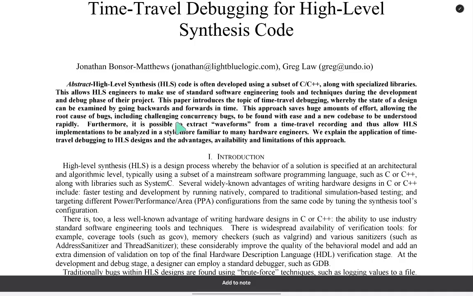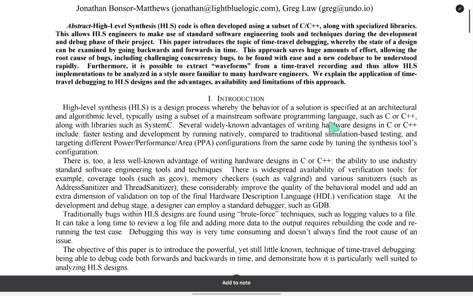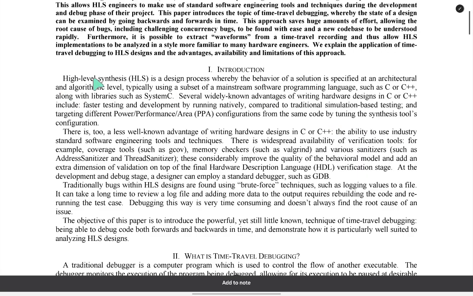Furthermore, it's possible to extract waveforms from a time travel recording, and thus allow the HLS implementation to be analyzed in a style more familiar to many hardware engineers. We explain the application of time travel debugging to HLS designs and the advantages, capabilities and limitations of this approach. Introduction. High-level synthesis (HLS) is a design process